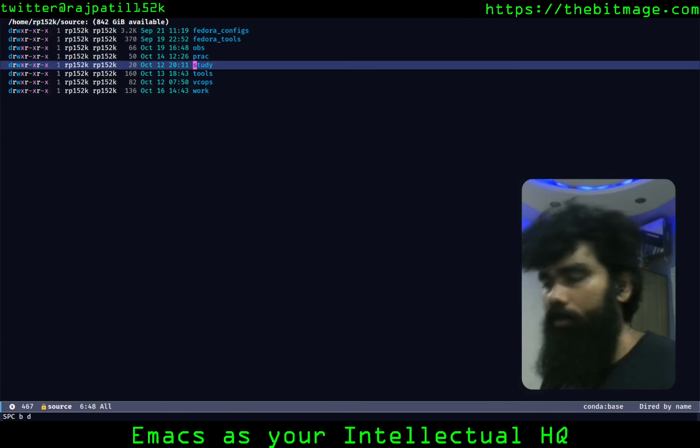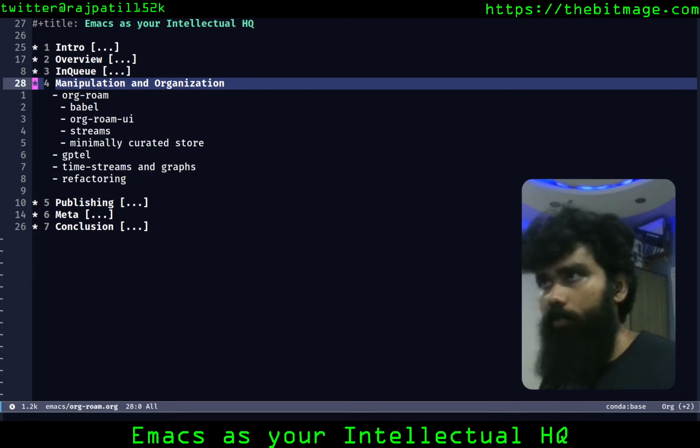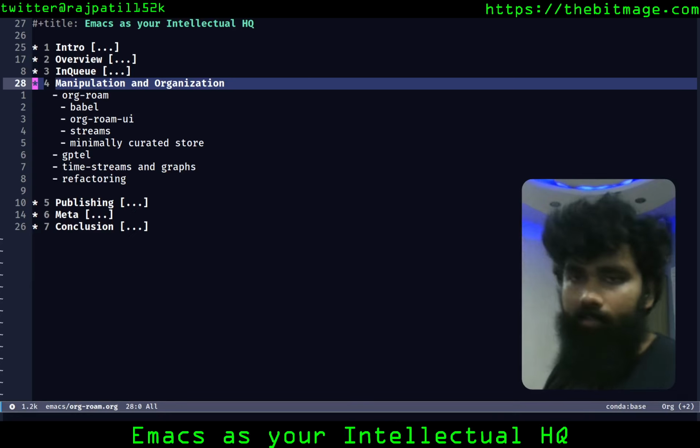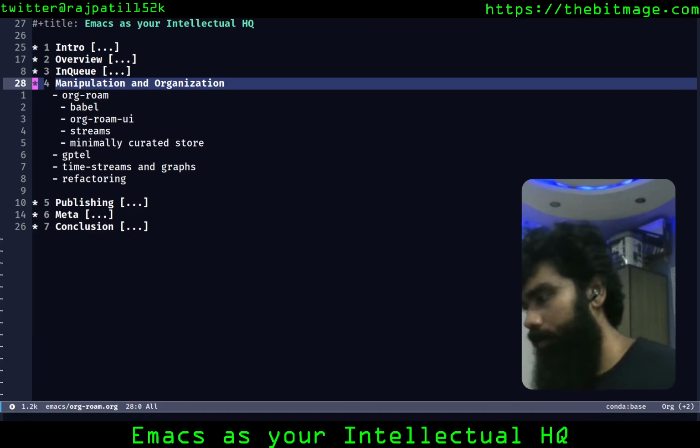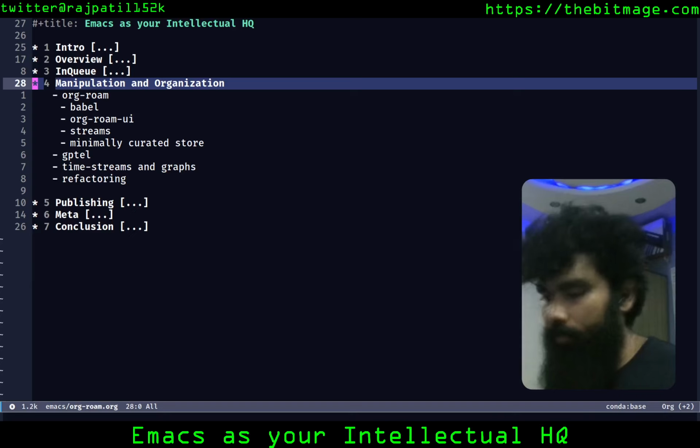I'm going to get rid of the buffer. Let's go back to the org-roam HQ. We talked about GPT-EL. It is accessible anywhere and everywhere. I'm not just going to talk about the extension right now, but LLMs are something that I use regularly. I do not handicap myself with them, but I do use them to build scaffoldings around ideas that I'm working on to accelerate my learning. I do wish to build stronger foundations and not just rely on the shoulders of lexical giants, which is what I'll say LLMs are.